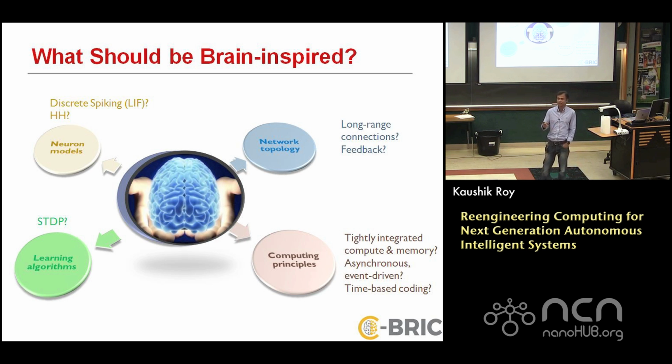Because the kind of functionality, I'm not really exactly doing what the brain does. I'm really interested in, for example, doing certain kinds of operation, having drones, self-flying drones, or for that matter, personal robotic assistants, which might actually get you the kind of coffee or the kind of food that you want at home. You can do all kinds of interesting things, but for that, it doesn't exactly have to be what the brain does. We need efficiency. So the question is, what should be brain-like?